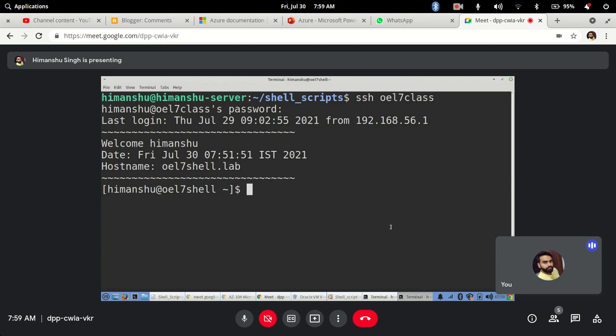So first let me start with a command known as sed, or we normally say seed command. The sed and awk commands are huge commands. It's not like a simple command that you will learn in just one or two days, so you will keep learning them over time. A lot of things are there, but the important ones we are going to cover.